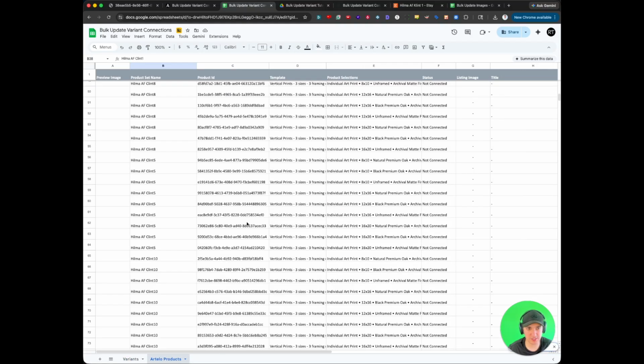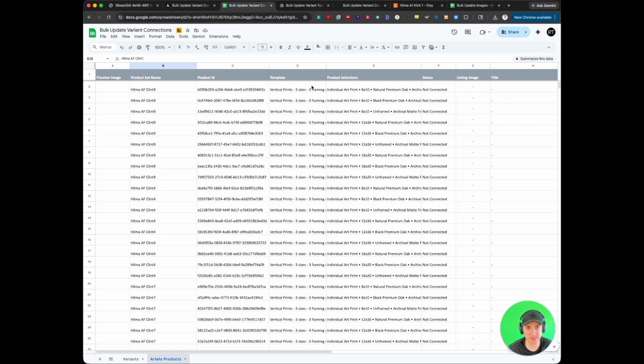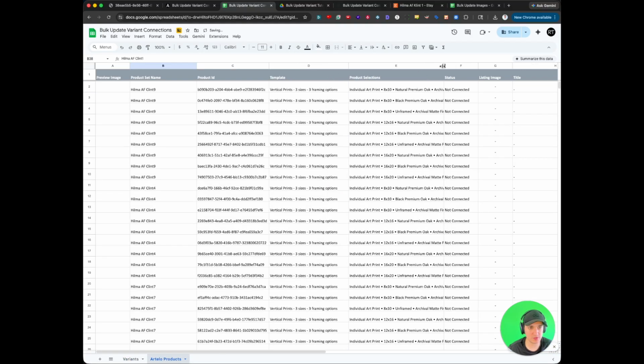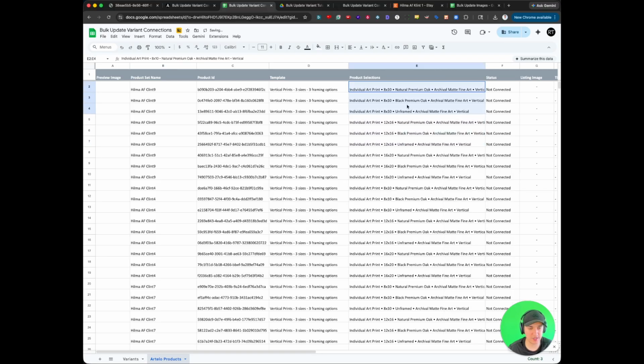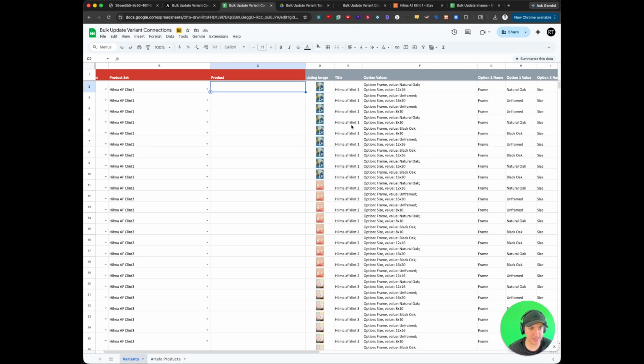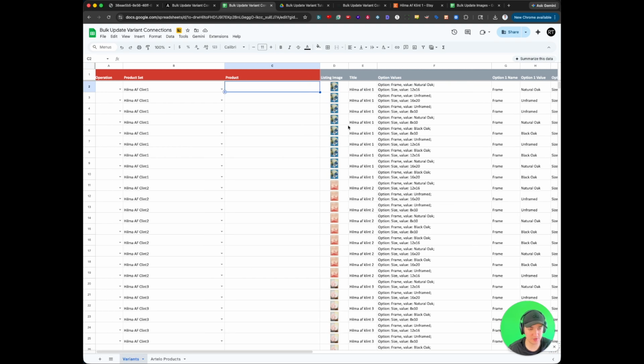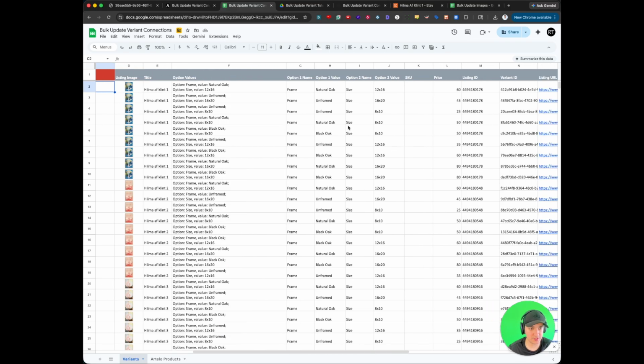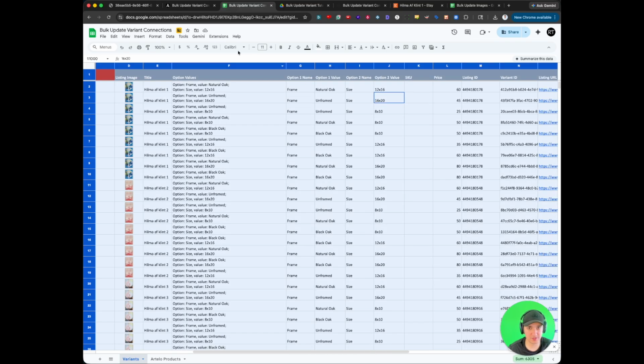So one thing that you'll see here is that since I'm using the same template, I'm going to be able to use the exact same product set collection. And so that's one thing that I can hang my hat on as a shortcut, but I just want to make sure that I have this all set up. So what I can actually do is filter. So I know that if I add a filter to this,